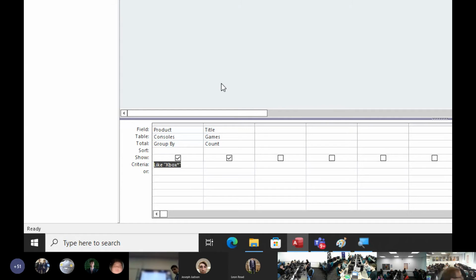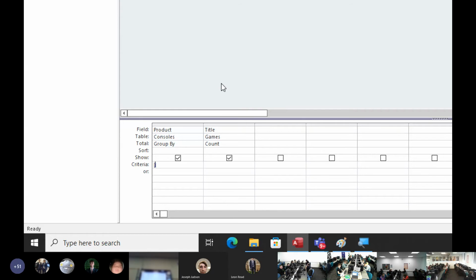Now, if you remember, if I want to get the user to input information, I have to use a specific expression. We're going to delete what we've just written into that criteria, folks, and what we're going to do instead is put some square brackets within that criteria. Square brackets